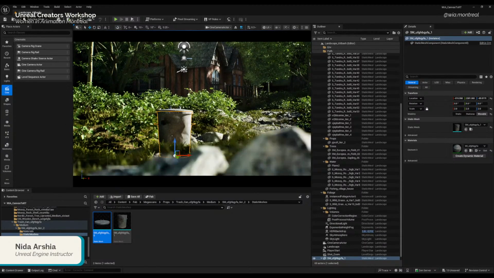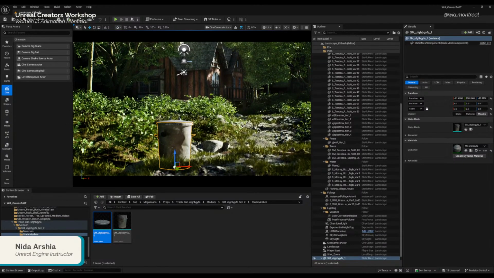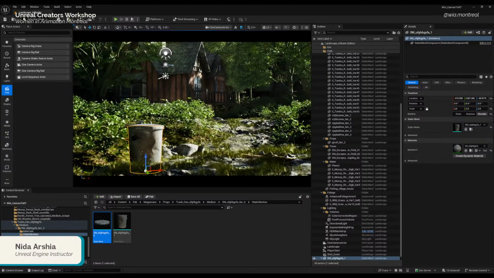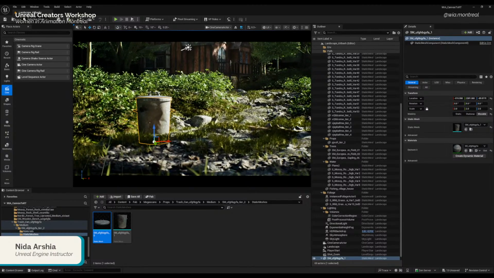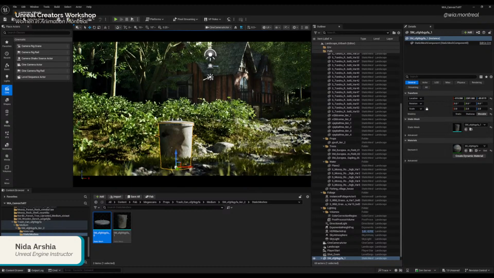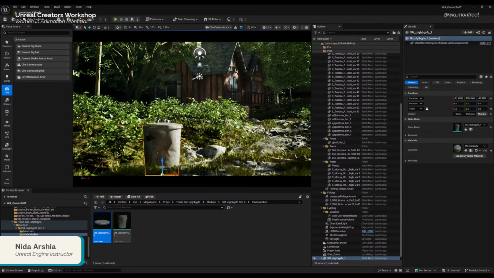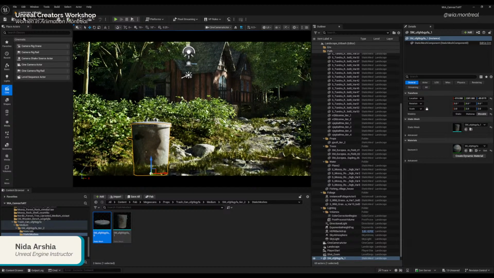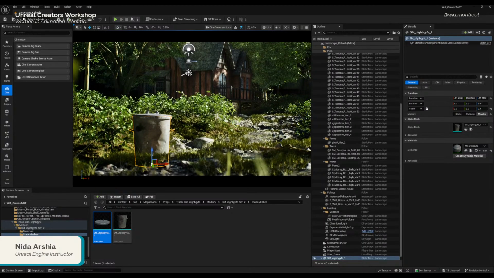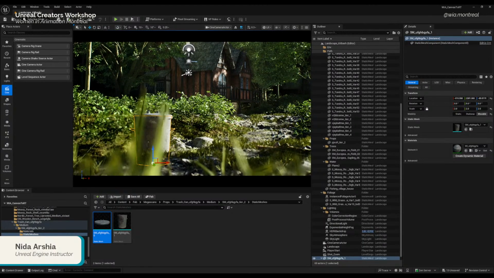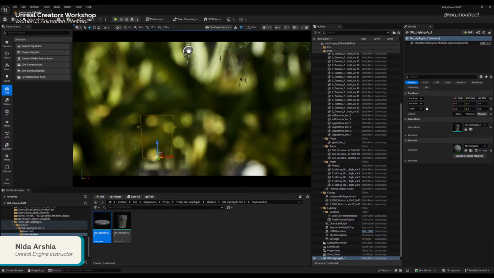So that's the thing: once you start to place your cameras in the level, it's going to become a lot of fun, because suddenly it's going to be more cinematic, more visual, and have more story in the frames that you're setting. So I'm just going to take it back.